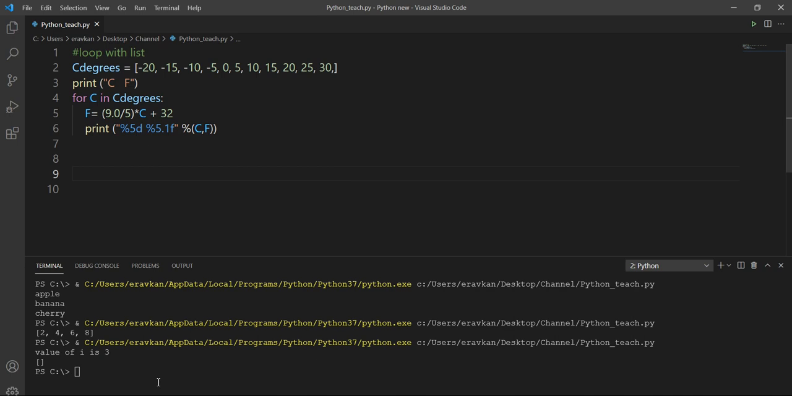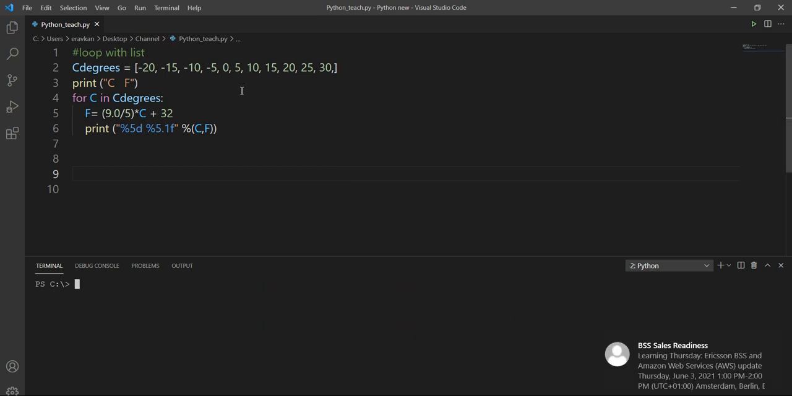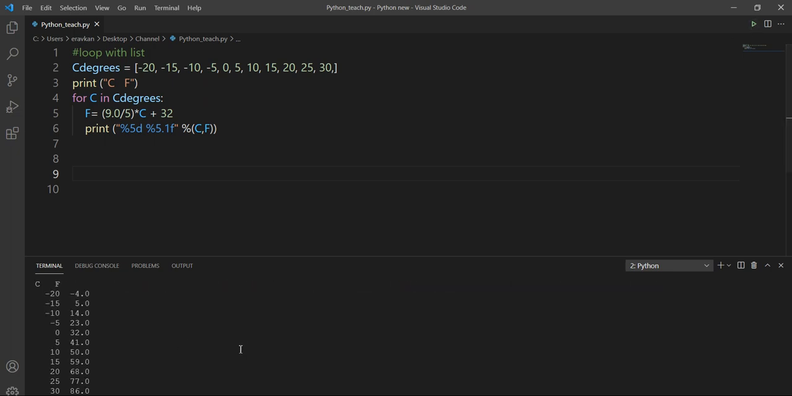So in this way, what will happen in this program? It will take one by one the value from my list, and then by using this value C, some operation will be performed on the C value. That value will be stored in F, and I will print the value of C and F. So in this way, I can perform the operation. So you will get a table in such a way,